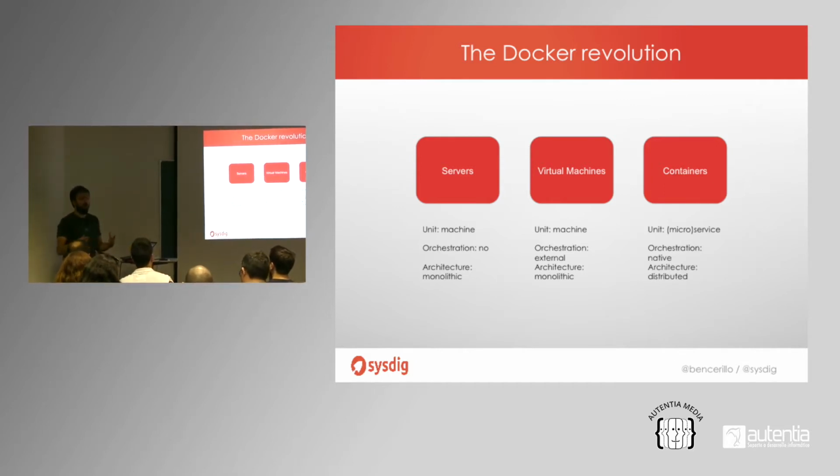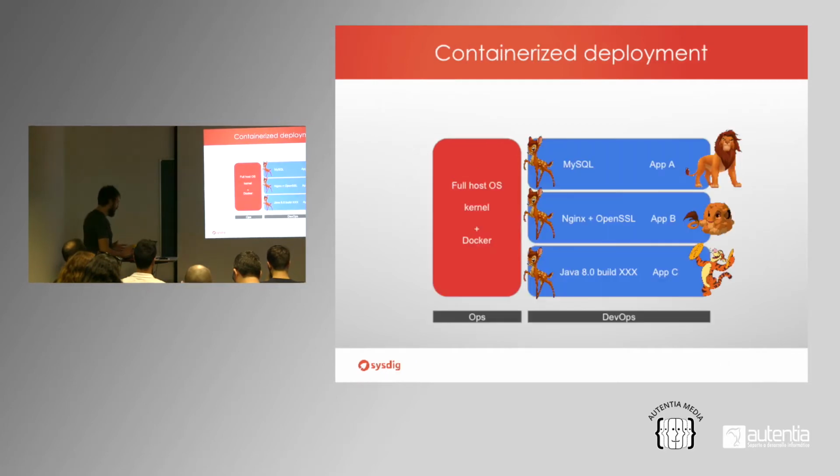Looking at that, we have orchestration already included in this kind of infrastructure, either because it is managed and we don't need to handle that, or because we are using Kubernetes, Rancher, Swarm, or Docker Compose, whatever it is. Also, how applications are being designed has completely changed. We are not looking at monolithic applications anymore. We are looking at microservices where the applications are, in theory at least, fully distributed.